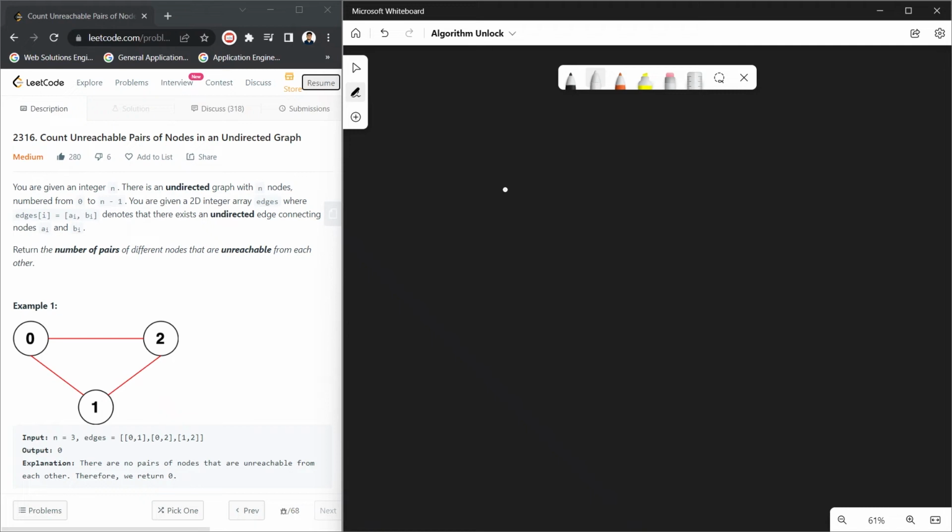Hey guys, so today we are going to discuss the question called count unreachable pairs of nodes in an undirected graph. So let's start reading the question. You are given an integer n and there is an undirected graph with n nodes numbered from 0 to n minus 1. What they're trying to say is they will be giving you an integer n which represents the number of nodes inside an undirected graph, and the nodes inside this graph are represented from 0 to n